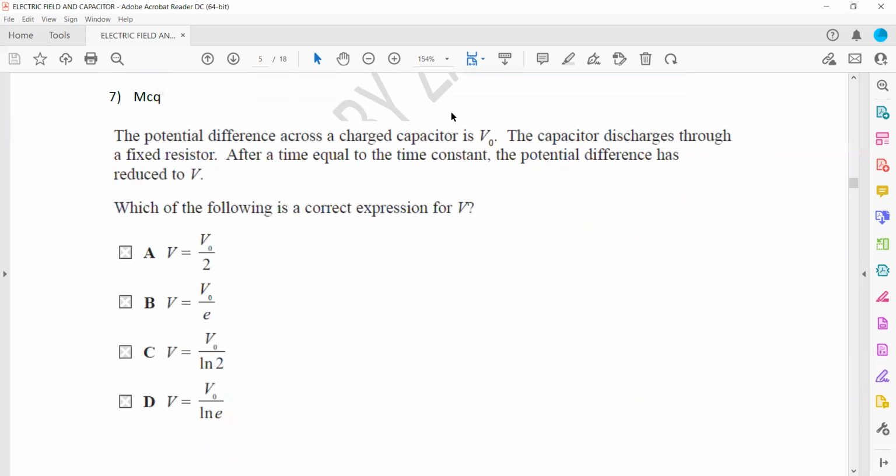The potential difference across the capacitor is V naught. The capacitor discharges through a fixed resistor for a time equal to a time constant. Which of the following expressions is correct? So time is equal to the time constant. We have the formula V equals V naught e raised to the power minus t over RC. So when small t is equal to the time constant, or RC,